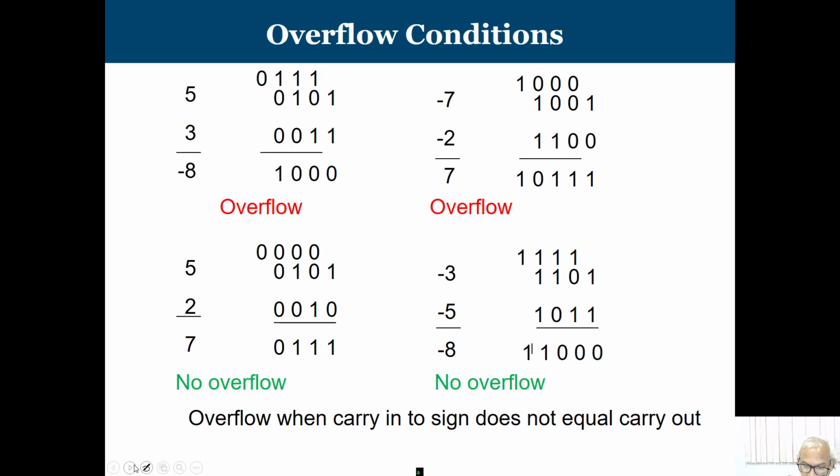This is the scenario that we are talking about. Now, when are we going to get overflow? When these two carry bits differ. So, here we are getting this overflow when we add 5 and 3, we get 8. But when we add 5 and 2, 7, it is not an overflow. You just see these are the bit patterns where they have something. This is the way that we can think about it.